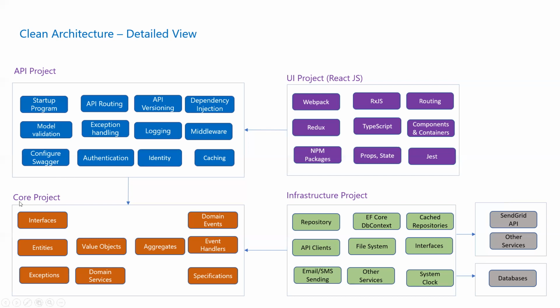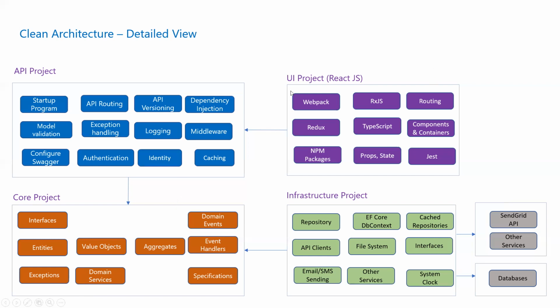Now the core components. This is the actual application core, which contains all your interfaces, no implementation. The implementation will be in the infrastructure project. And then entities, these are the domain entities, exceptions, value objects, and domain services. When I say domain services, these are some of the business logic and aggregates. If you are using CQRS patterns like events, handlers, specifications, those are part of the things that come under the core part of a core project.